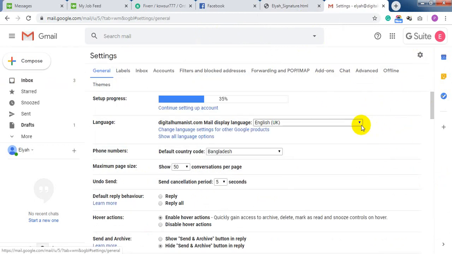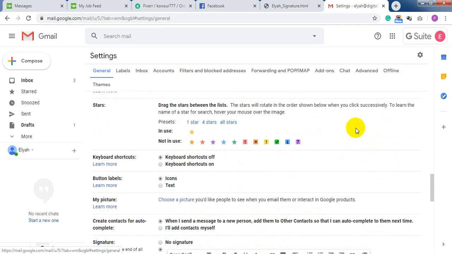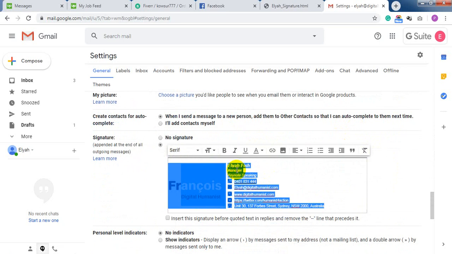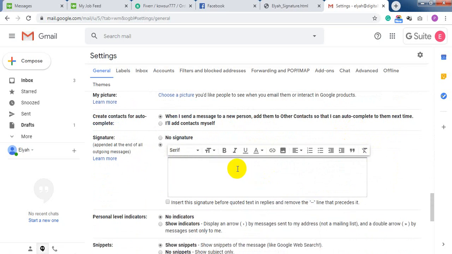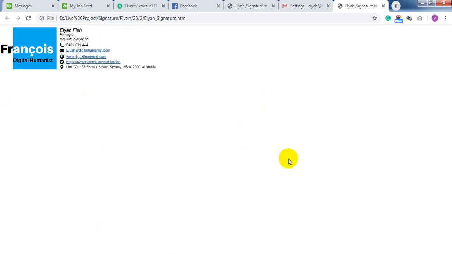this is the interface where I would like to install my HTML email signature. Already I have done it, but I would like to remove the previous one, and I have already created my clickable HTML email signature. I just open my HTML email signature in the Chrome browser. Okay, then Ctrl+A and then copy,